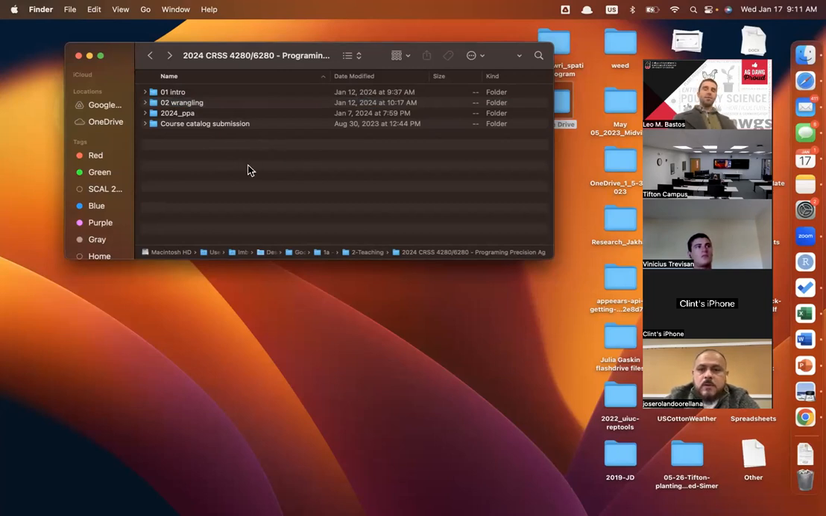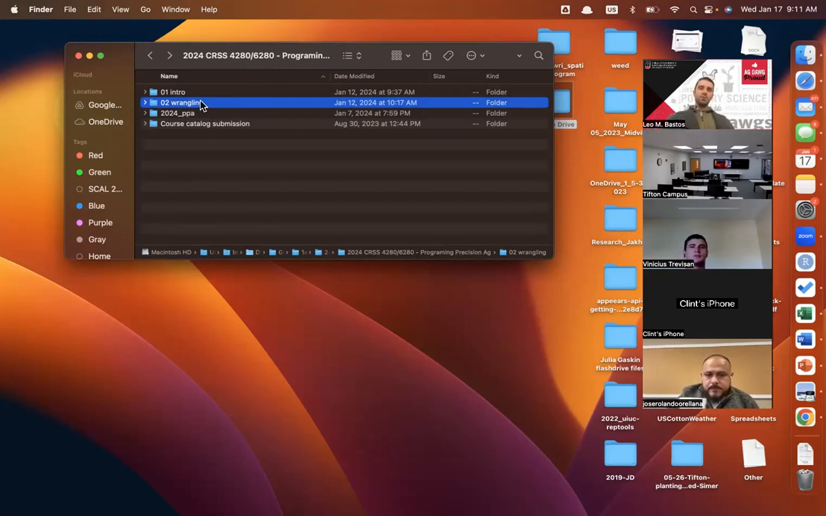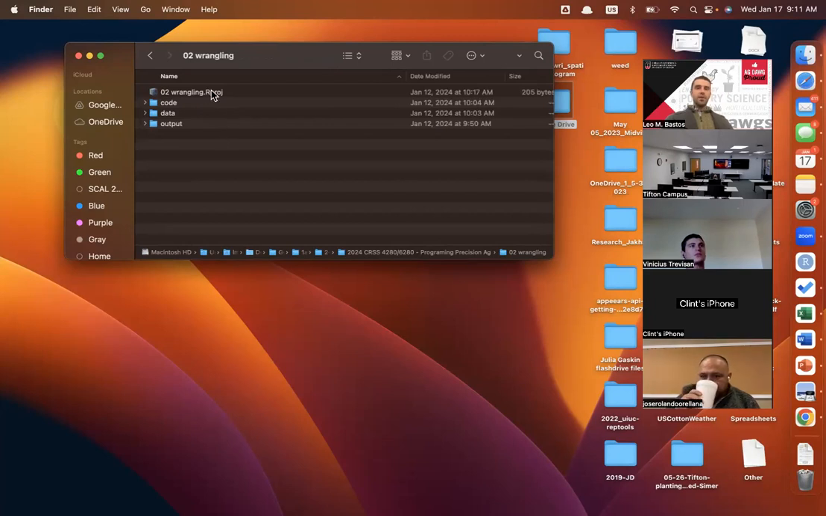So right now I'm looking at my personal course folder. I see here that we have the 01 intro folder, which is the one that we used the files for the intro part of the course. And then last class period, we set up the 02 wrangling. You should all have already done this step, where if you go into 02 wrangling, we have a